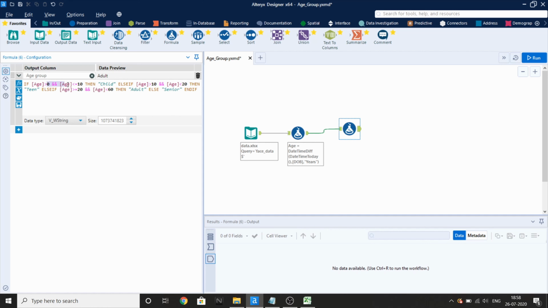If the age ranges from 0 to 10, then he is a child. If the age is between 10 and 20, then he is a teen. If the age is greater than 20 and less than 60, then he is an adult. If the age is greater than 60, then he is a senior citizen. This is the total formula to categorize the age group. The data type is string.